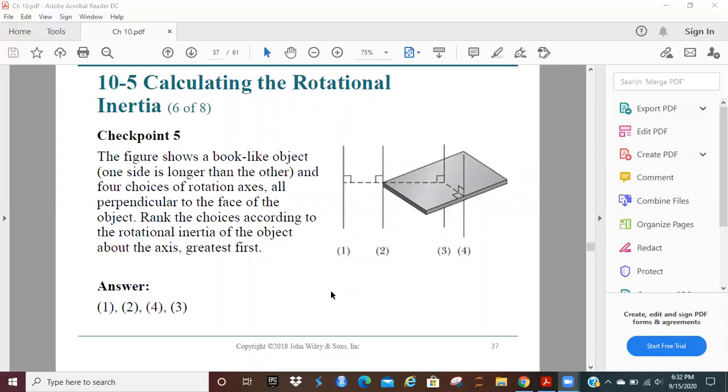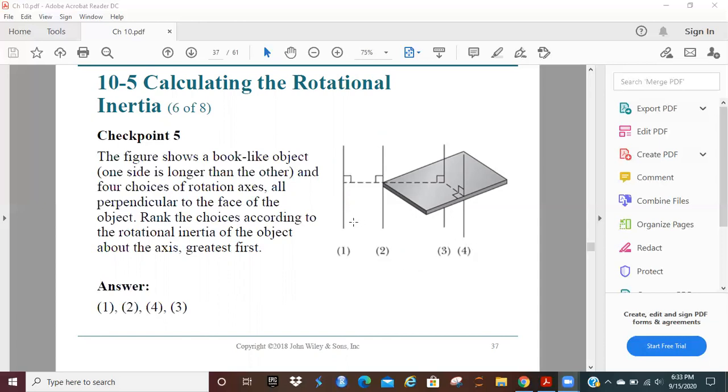The figure shows a book-like object where one side is longer than the other, and there are 4 choices of rotational axes, all perpendicular to the face of the object. Rank the choices according to the rotational inertia of the object about the axis with the greatest first. Okay, if you were to do that,